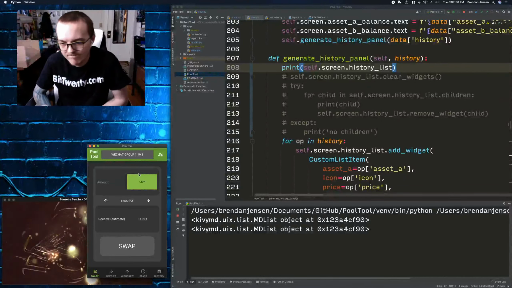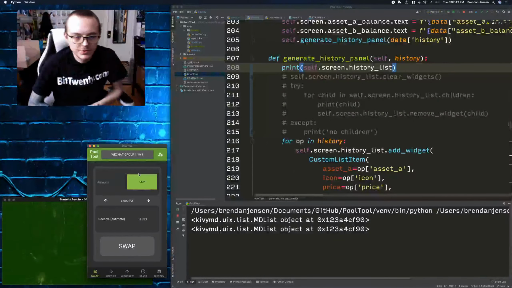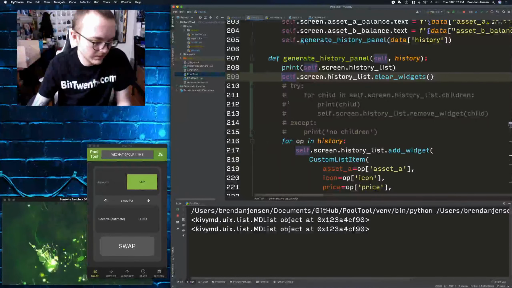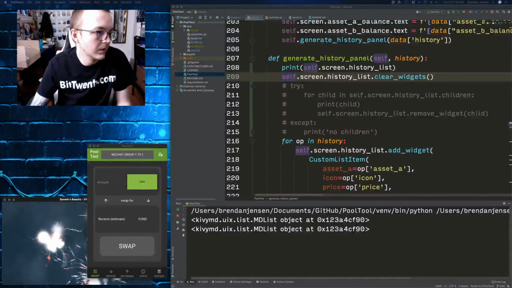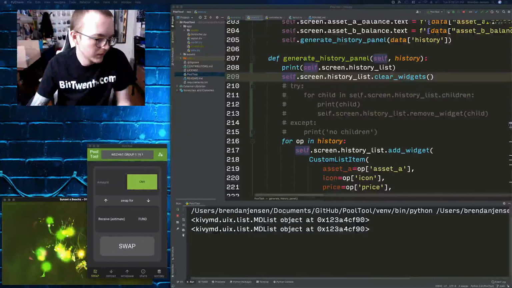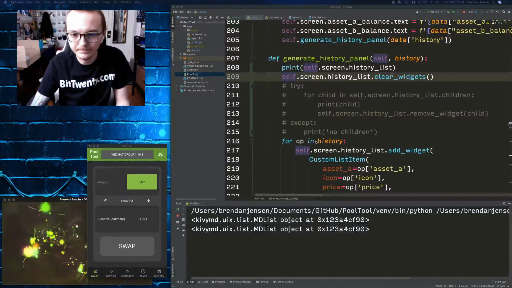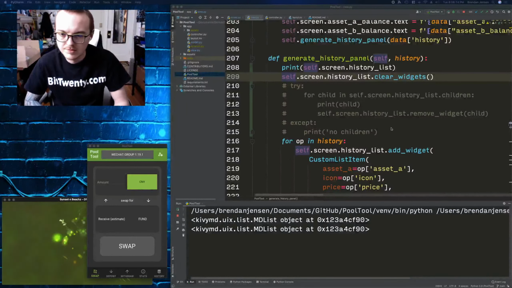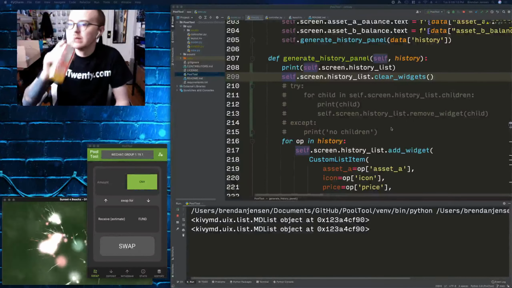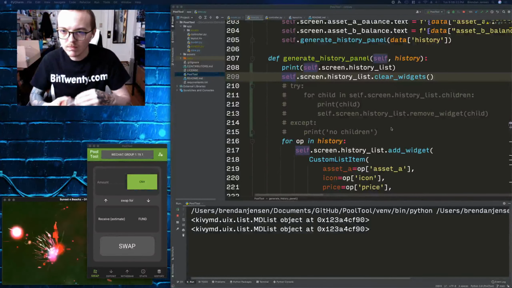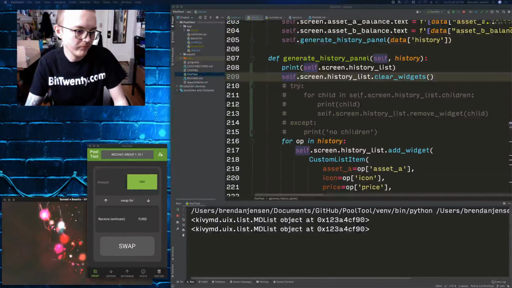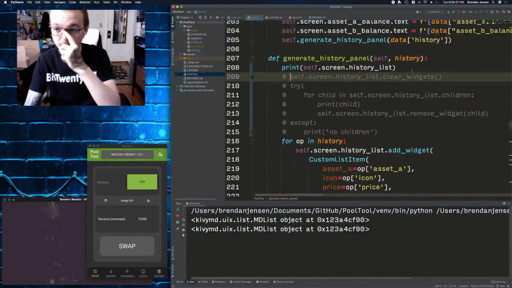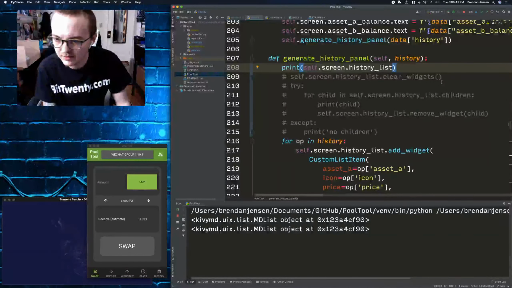Same memory address. So this should work in an ideal world, but for some reason when I add the widget to it, it adds it